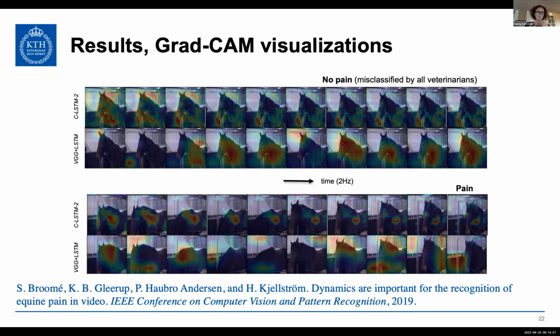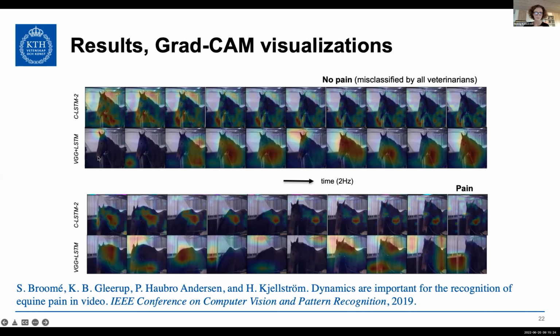So it's basically, where does the network attend when it's making its pain, no pain decision. So if we look at the CLSTM, firstly, it focuses on the same point. It's consistent over time. It looks at the muscle or the nose of the horse,